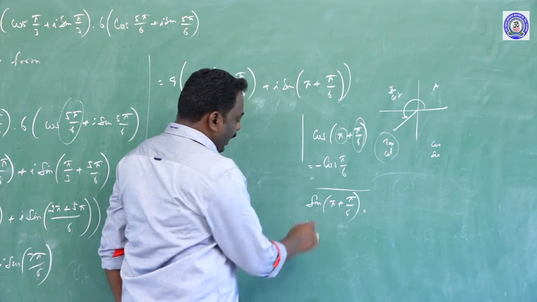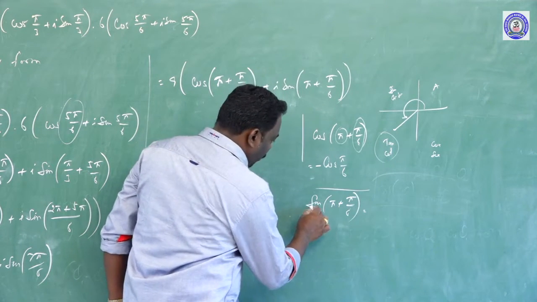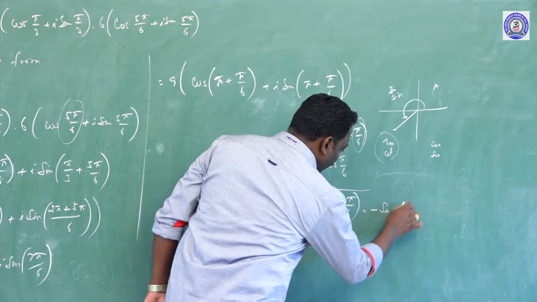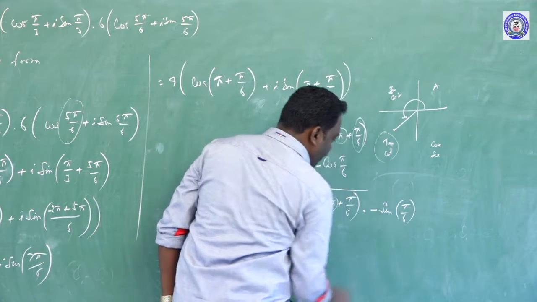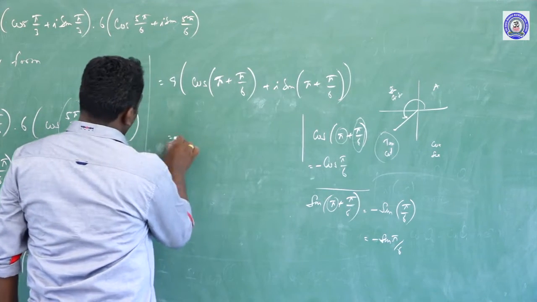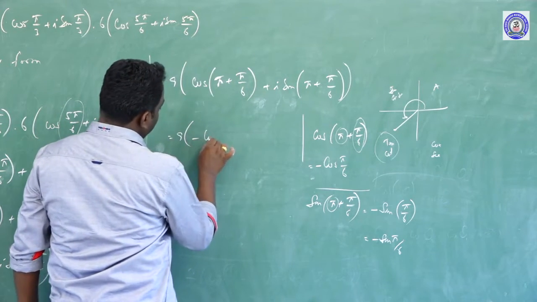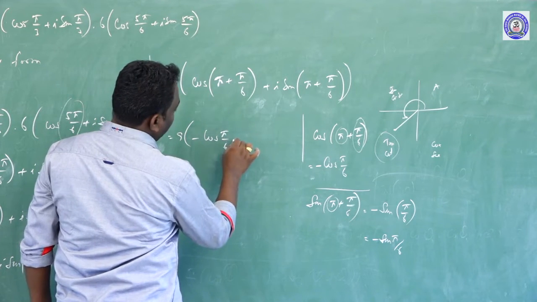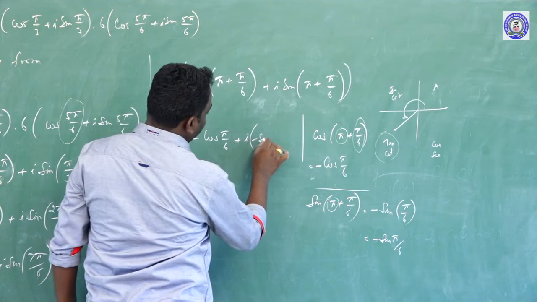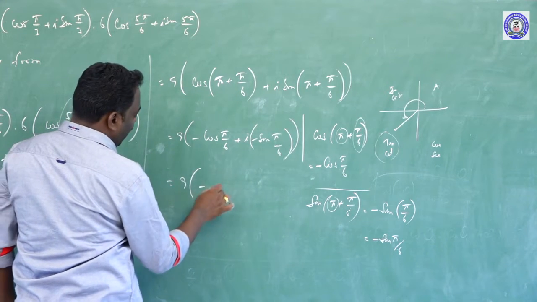Again, the sine in the third quadrant is also not positive, because only tan and cot are positive. Therefore, sine will get a minus. Then for the supplementary angle sine stays the same, sine of theta where theta equals pi by 6, which is equal to minus sine pi by 6. Therefore, 9 into this term is obtained: minus cos pi by 6, then plus i into minus sine pi by 6, and that is equal to 9 within the bracket, minus cos